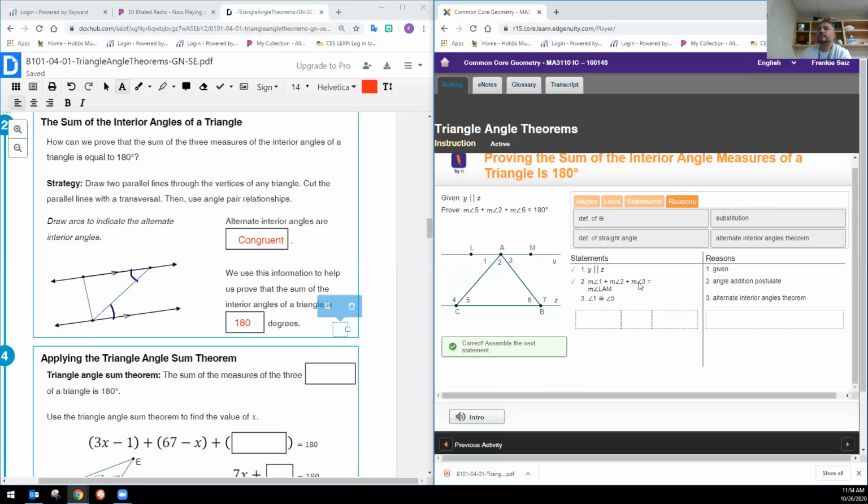That was what I did the first time. Golly. Okay, so now angle 1 is congruent to angle 5, because of the alternate angles theorem. Okay, so that means that angle 4 and 5,